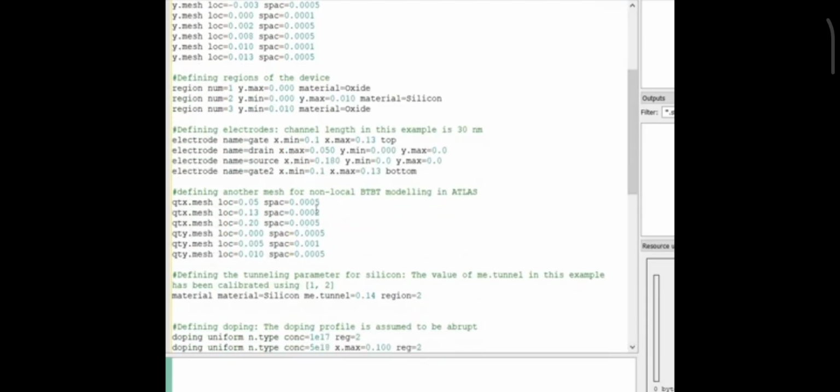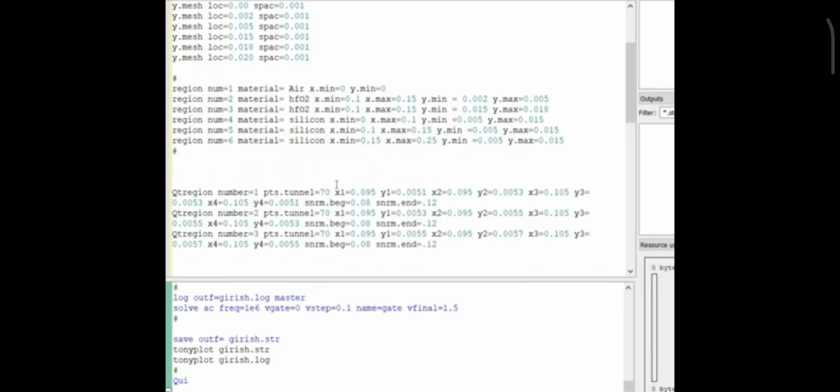Here we are using 3 statements for the X meshing and 3 statements for the Y meshing. In the X direction, the QTX mesh is defined for 50 to 200 nanometer, and in the Y direction it is defined for 0 to 10 nanometer. In another code, I have defined the QT meshing using method 2 for planar and non-planar junctions, in which we are using 3 QT region statements